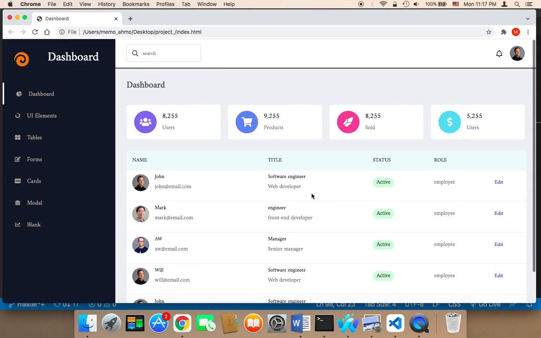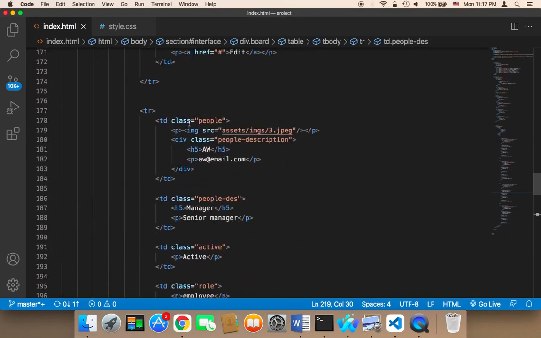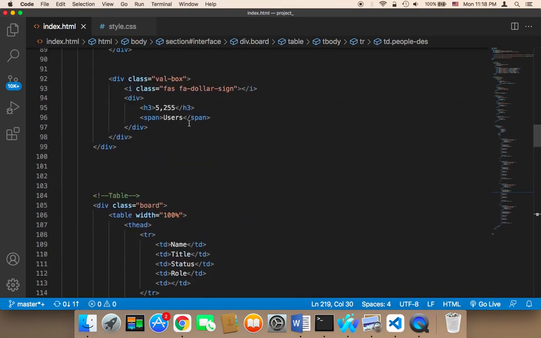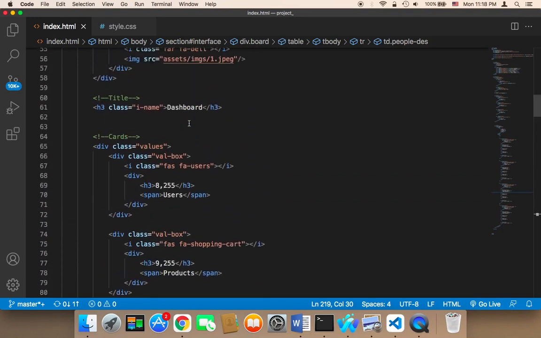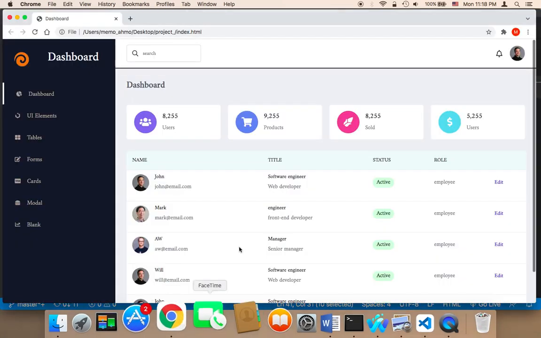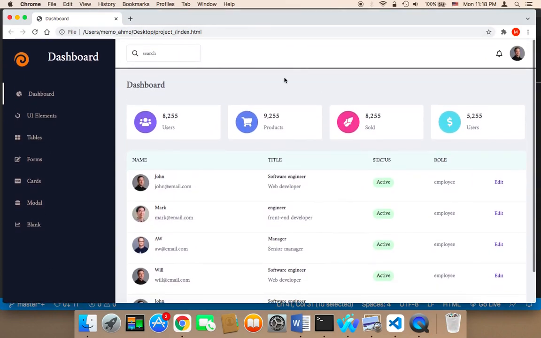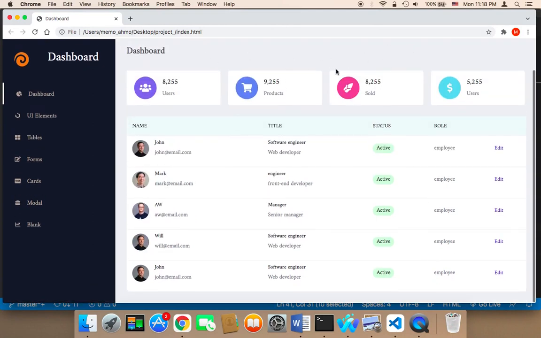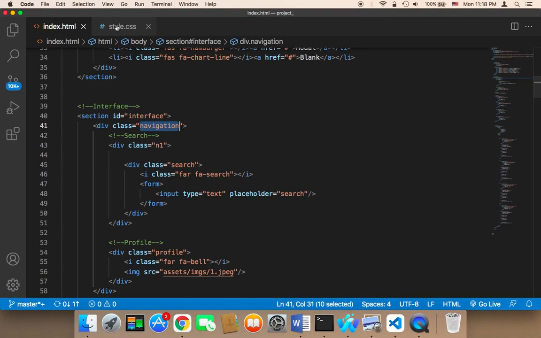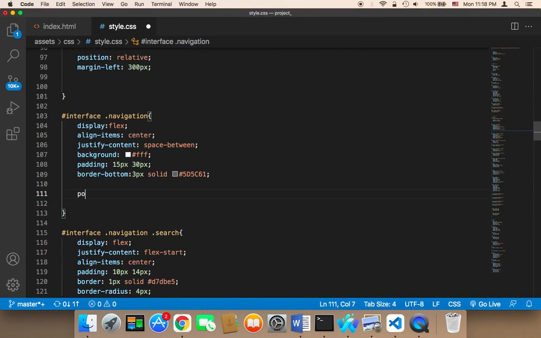For the navigation, remember we have here in the index, we have this navigation. For this navigation, we need to change the position to be fixed, because if you scroll, the navigation will be behind the bar here, it's not going to be displayed all the time. Instead, we want it to be always at the top. To do this, in the style, in the interface navigation, we need to say position fixed,